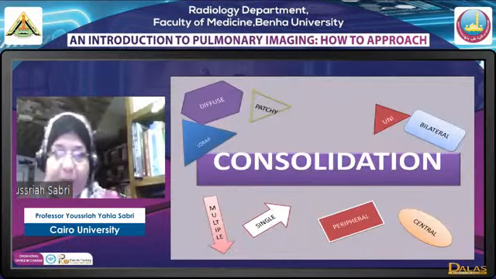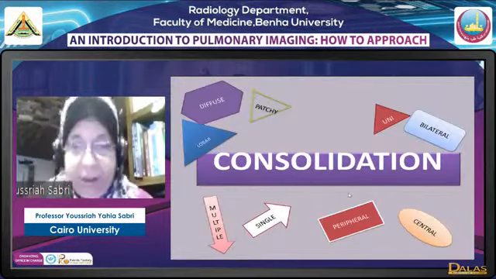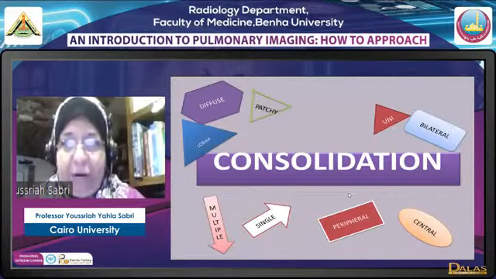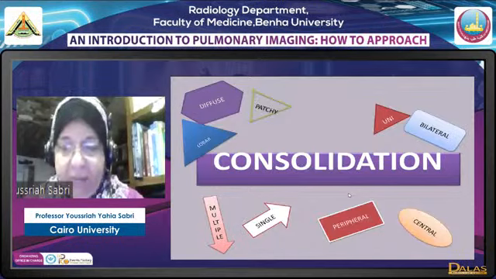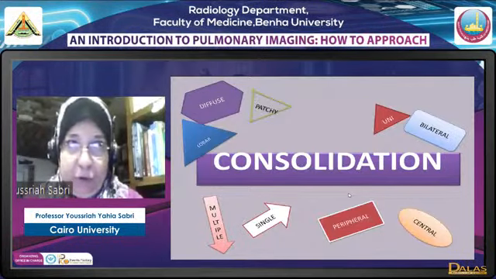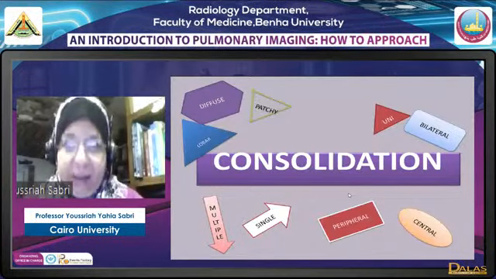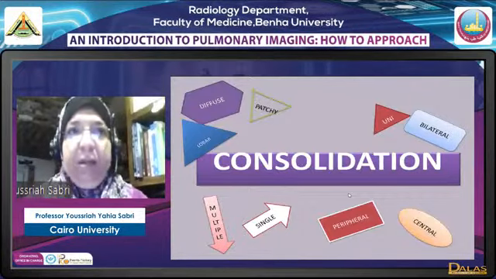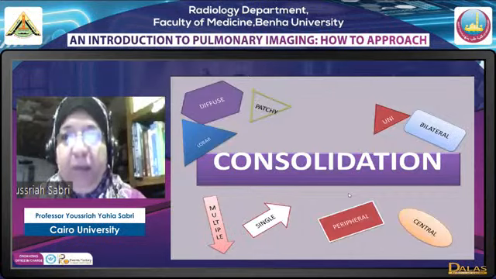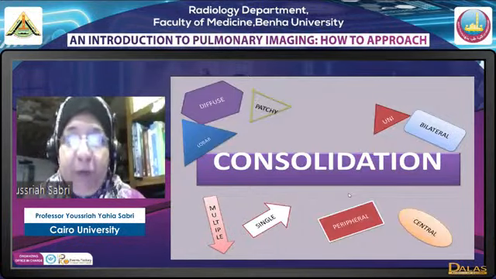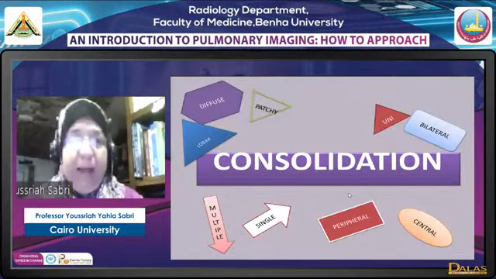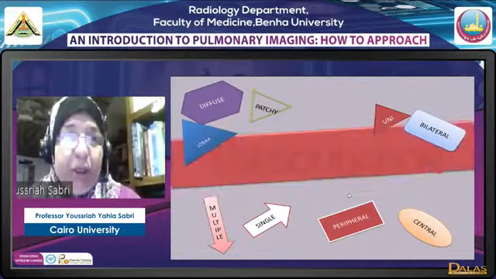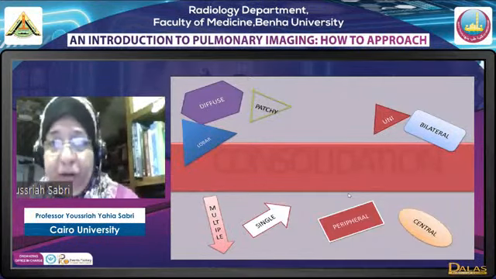a pneumonia. Now coming to consolidation, what's consolidation? Consolidation is when we remove the air from alveoli and we replace it by something else. So there shouldn't be any significant volume loss. Actually, no volume loss is expected. We may replace it by an infective cell, we may replace it by blood, by fluid, by eosinophilia, by malignancy. This is consolidation. Consolidation can be patchy, diffuse, lobar, unilateral, bilateral,